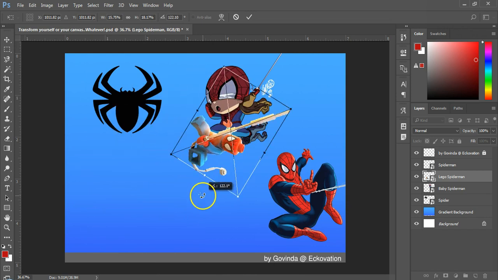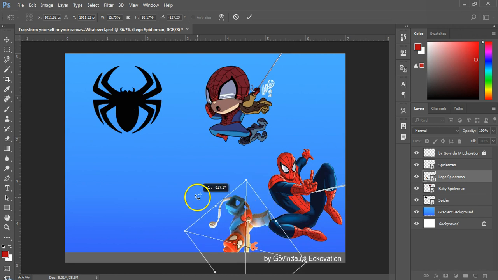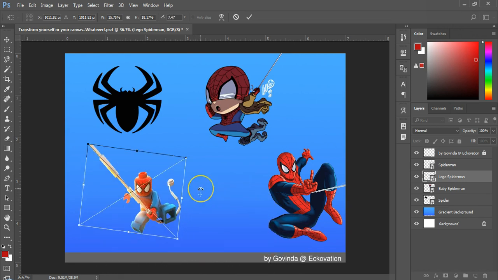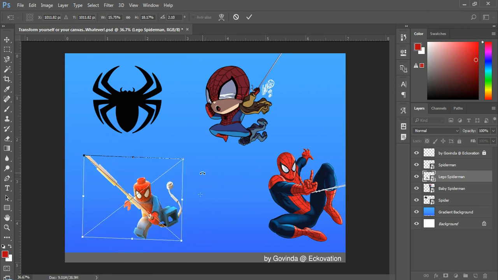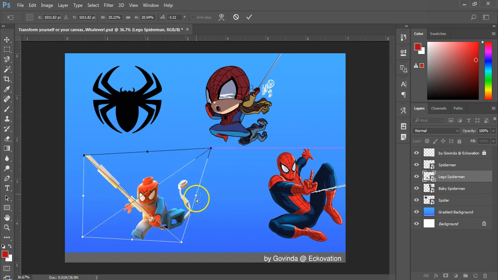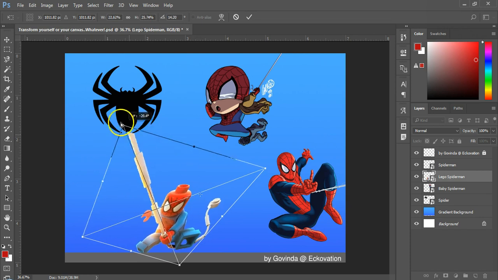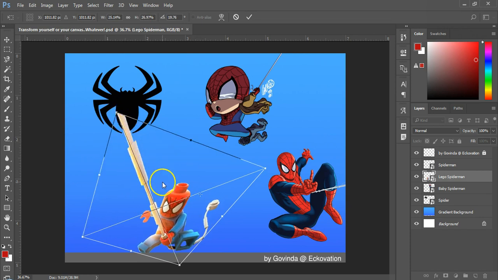Now we are left with the Control key. Well, the Control key doesn't work here as a modifier, but as a tool. Hold Control and move the cursor to one of the mini squares on the boundary. You can see that the cursor color changes to white. This indicates that the distort, skew and perspective function is active. Click and drag this square to see what it does. Got it? All the three functions at the same time.